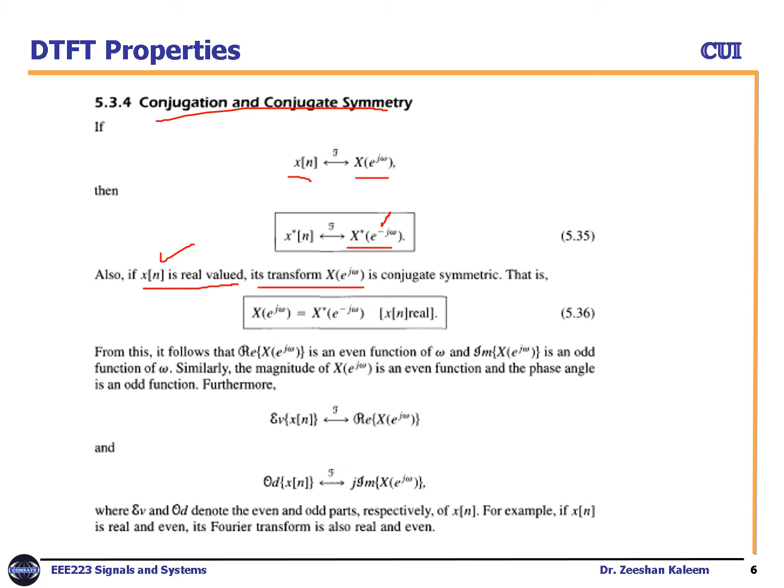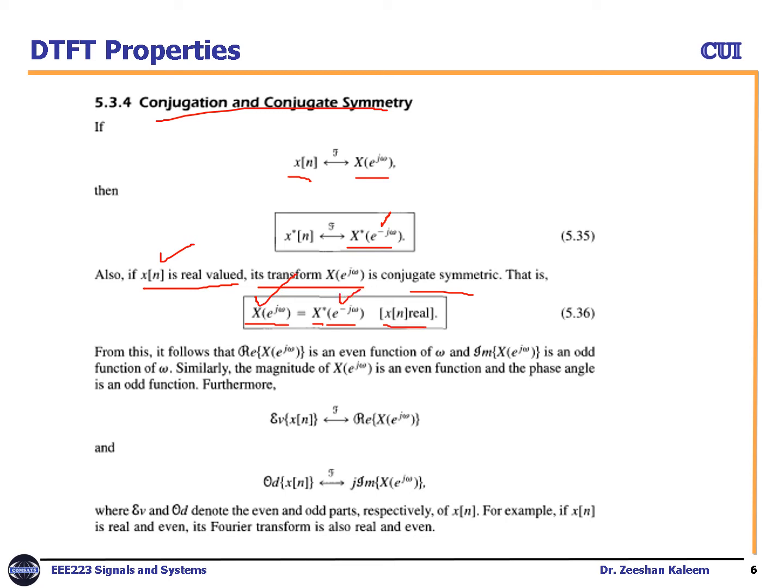Its transform X(e^{jω}) is conjugate symmetric. What is conjugate symmetric? It means that X(e^{jω}), the Fourier transform, is equivalent to X star, where X star means X conjugate, at e^{-jω}. So they both are equal. So X(e^{jω}) is equal to X*(e^{-jω}) for the case when x[n] is